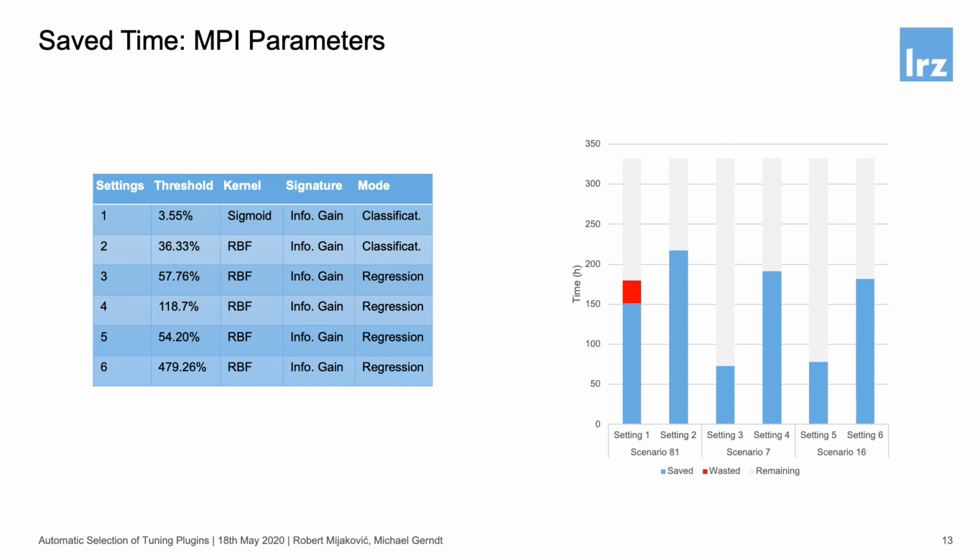The predictor had a harder time predicting for the first setting, sorry, and this affected the program whose tuning takes a considerable amount of time, and thus wasted time is quite significant in this case. But as you can see, in all other cases, very little to no time was wasted. Okay, so now